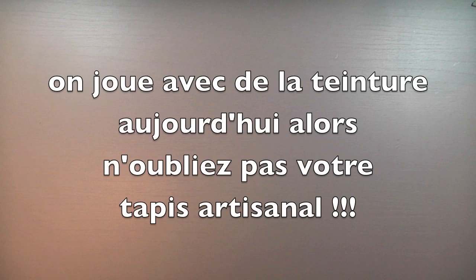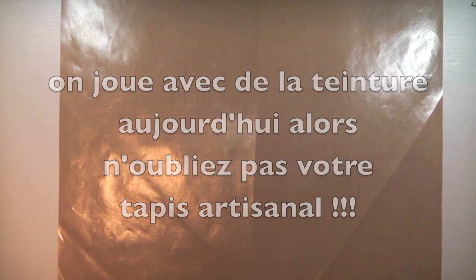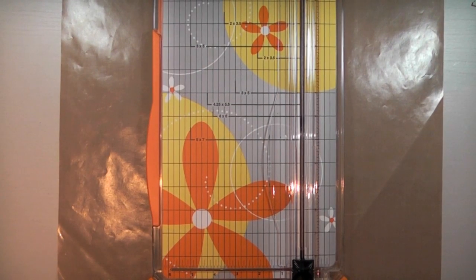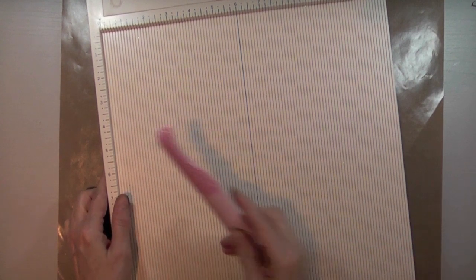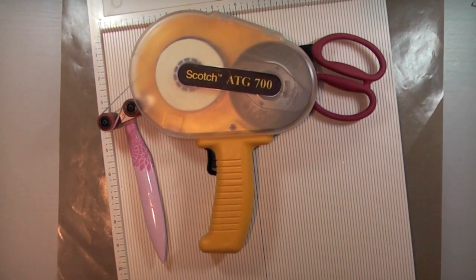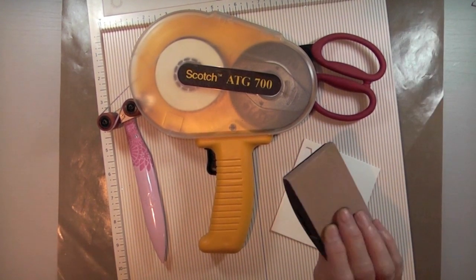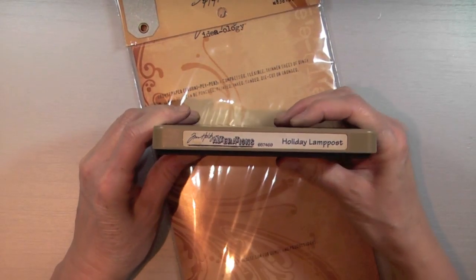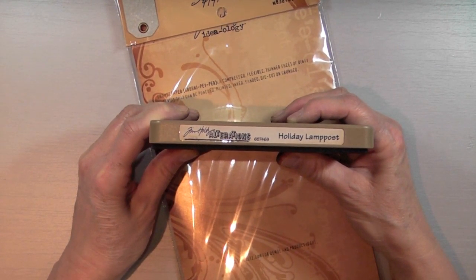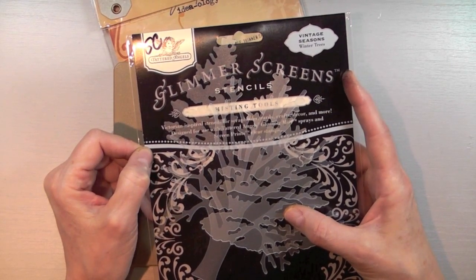We're going to get a little bit messy with today's project, so you'll definitely need a craft mat, a paper trimmer, a scoring board with a bone folder, a pair of scissors, your favorite adhesive, some foam adhesives, and a sanding block and some paper. You'll need some grunge paper, the Tim Holtz Alterations die The Holiday Lamppost, the Vintage Seasons Winter Trees Glimmer Screens stencils by Tattered Angels, and